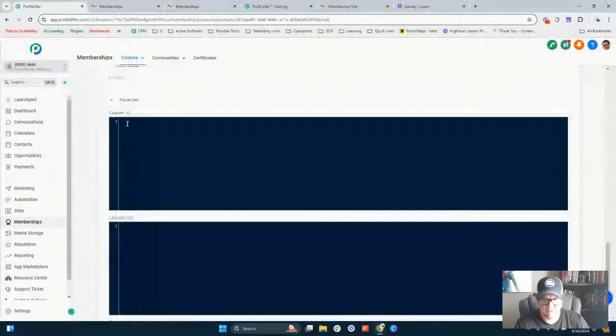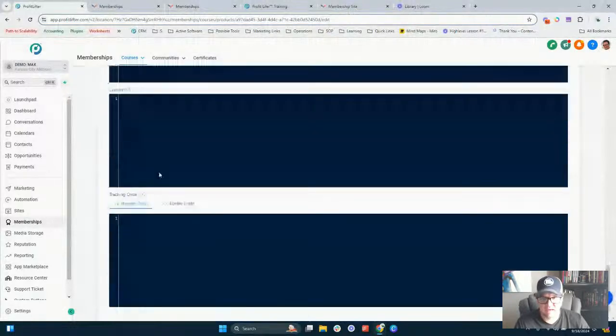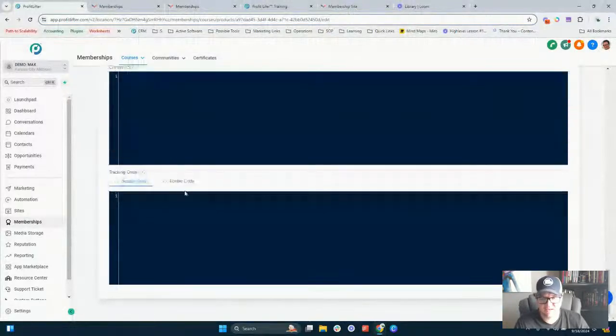Advanced, this is going to get into your custom JavaScript code, CSS, and then your header tracking code. Again, if you're running Facebook ads or you have Google tracking,